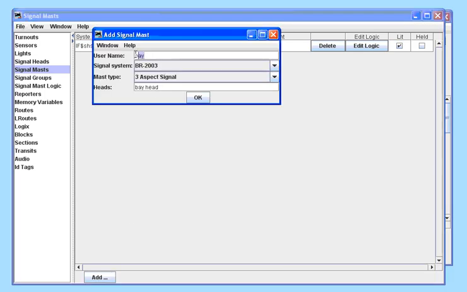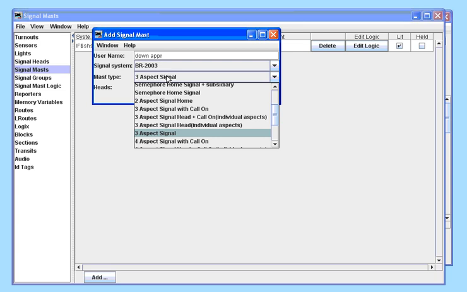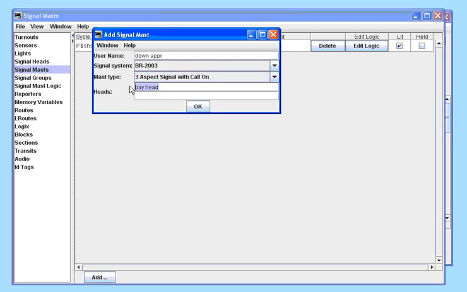We're now going to define the signal for approaching the bay, which is the down approach signal. There's a 3-aspect with a call on, so we pick that from the menu, and see we've now got a choice of 2 heads. The first head is the 3-aspect component, which is the down approach. The second head is the call on light itself. So we define that,